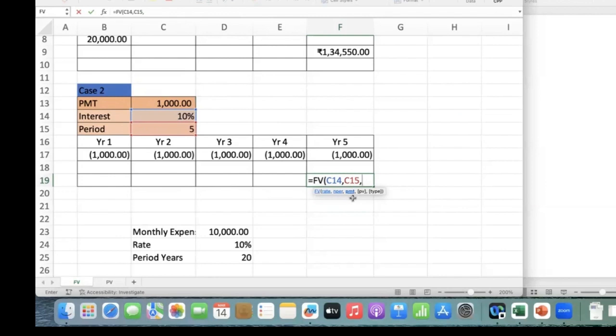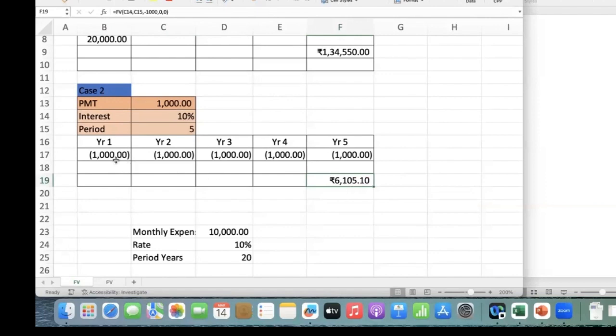Payments. This is my monthly payment, minus 1,000. There is no present value. We are doing it for a series of payments, and obviously 0, which is interest at the end of the month. This comes to